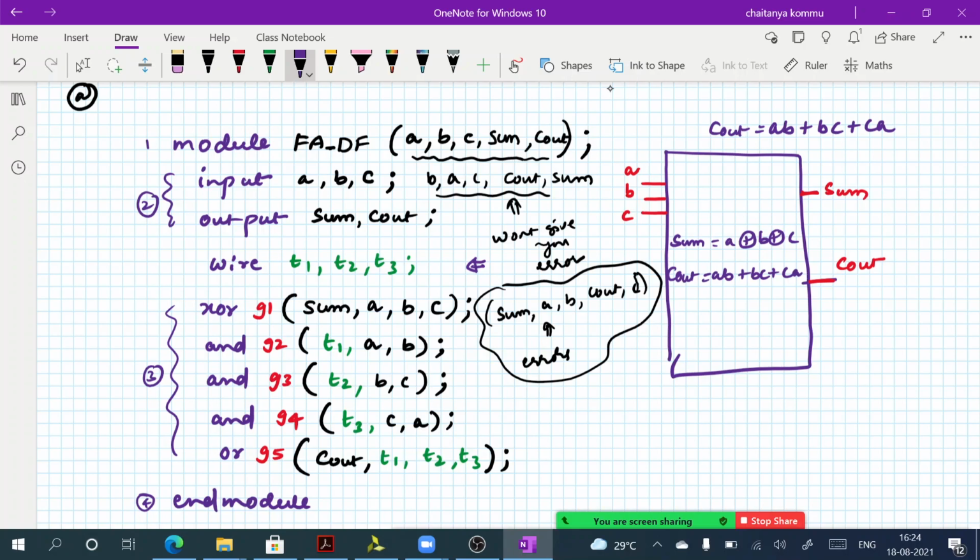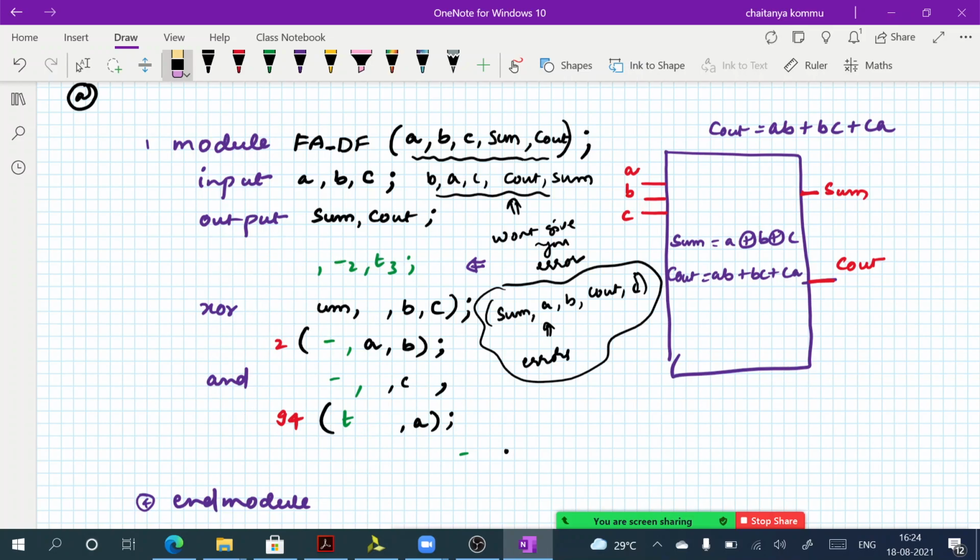So in the data flow modeling, for any modeling style, whether it is data flow, gate level modeling, or behavioral modeling, the external view is not changing. As you can see here, the box is not changing. It has the same inputs, same outputs, but the internal circuit is changing, right? So in that sense, I don't want to consider the internal related issues, like the AND gates and all other things. I don't want to use these kinds of things.